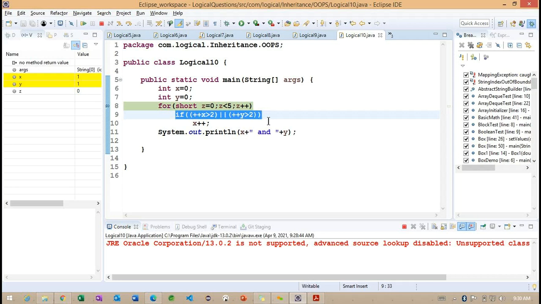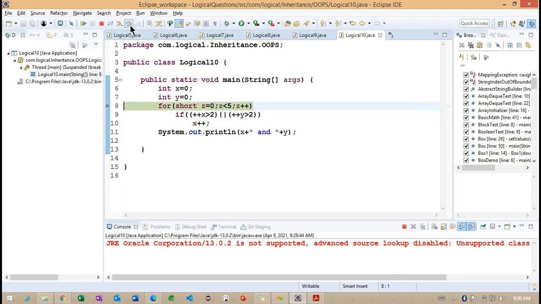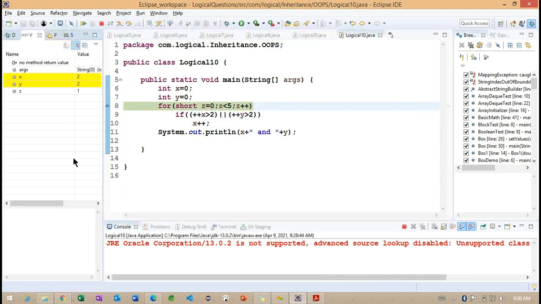It's going to check the loop one more time and repeat here. Now we can understand the z value will become 1. What happens internally? So still the x will become 2 and y will become 2. The conditions are not satisfied.